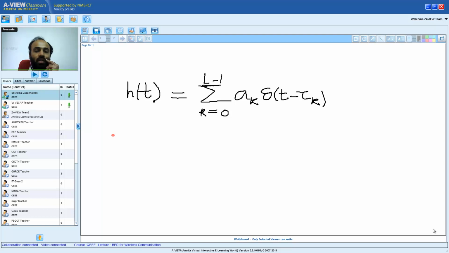Remind me, what was the model for the baseband signal? What was the model for the transmitted signal, that is the passband signal? Can someone remind me what the signal model was? That is s(t) equals...